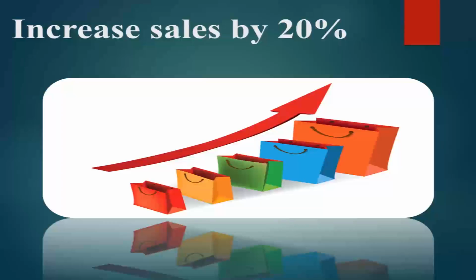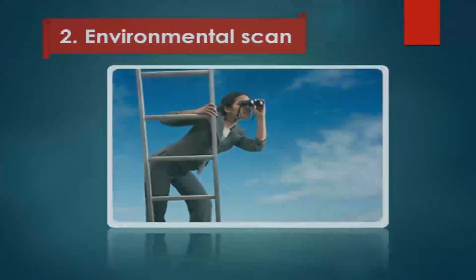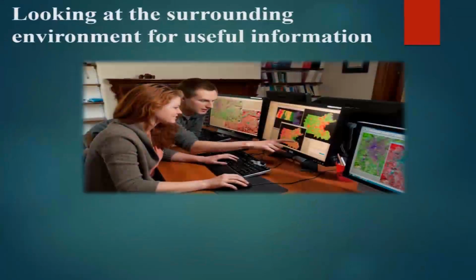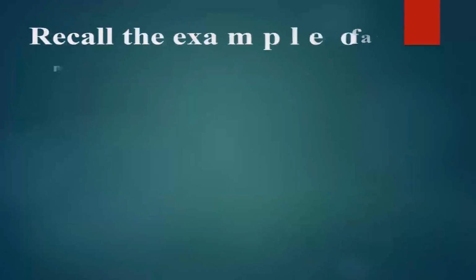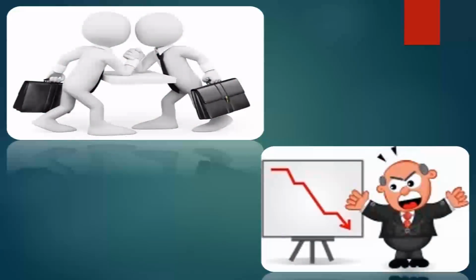The second step is conducting an environmental scan. It involves looking at the surrounding environment for useful information that affects your business directly or indirectly. Recall the example of a restaurant business we used in the previous video. It's only when you scanned your environment you got to know about an emerging competitor that was affecting the sales